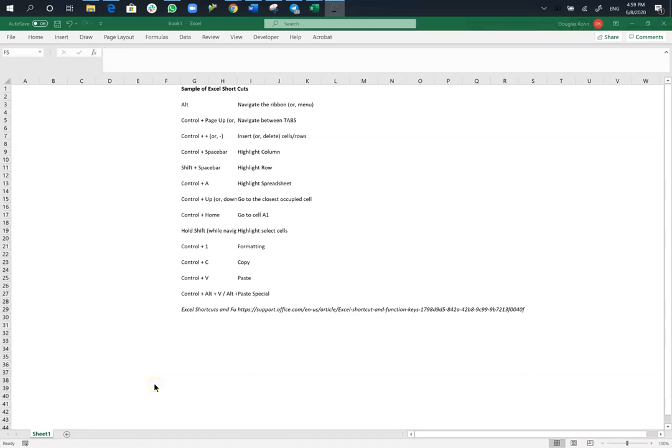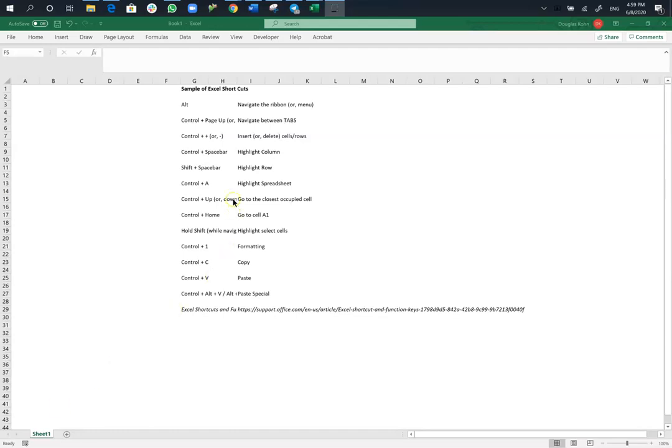Welcome to the Excel introduction page. One of the most important parts of being a good financial modeler is to be fast. Without speed, it's going to be very difficult for you to efficiently work with Excel and input all the data that you need. One of the most important ways of doing this is to be able to use the keyboard